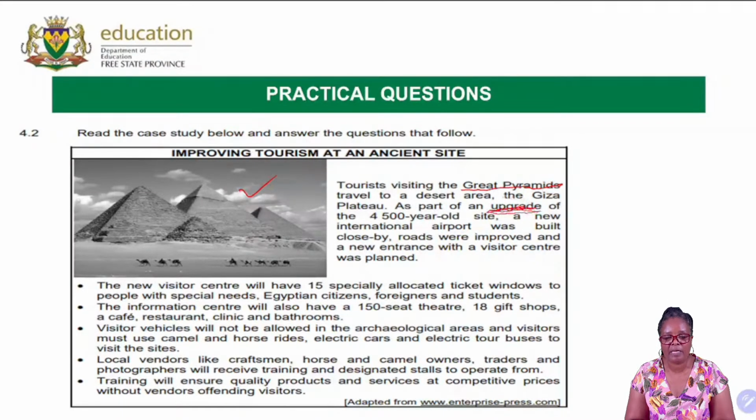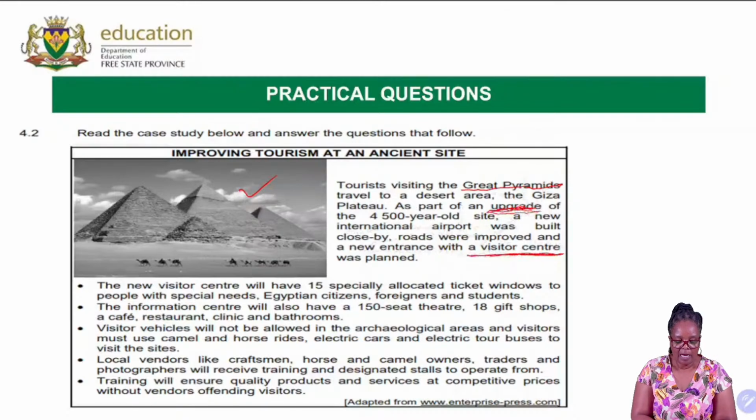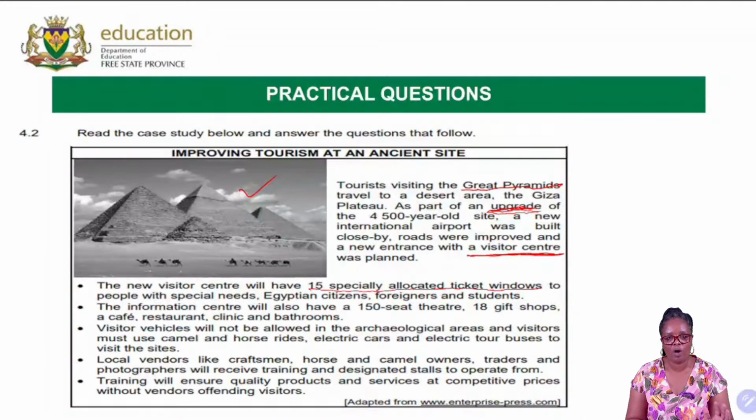Remember, when we're talking about the characteristics, we talk about modernizing facilities. So now we talk about part of the upgrade. They have a new international airport, which was built close by. The roads were improved and a new entrance with a visitor center planned. The new visitor center will have 15 specially allocated ticket windows. At the entrance, there will be a visitor center with 15